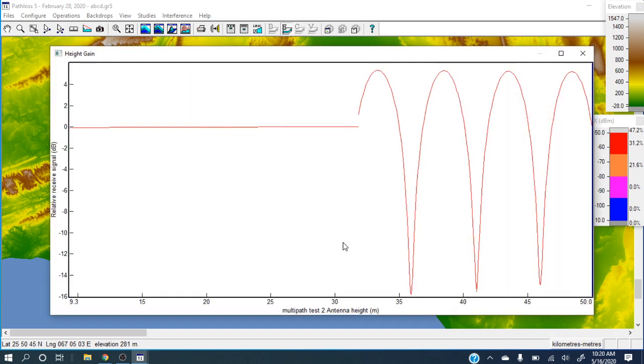Now here you also see one good thing: this antenna height gain shows you that on some heights, for example, if your height is 36 meter, you will have a 16 dB loss,